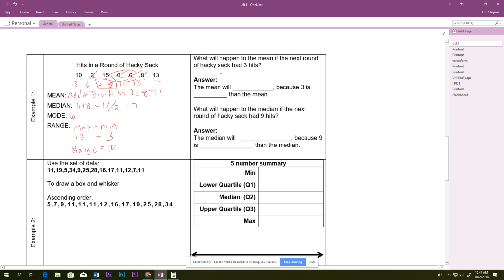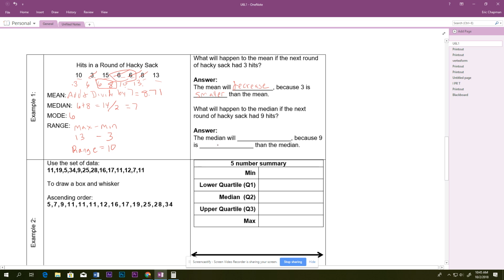Now let's answer these questions. What will happen to the mean if the next round of hacky sack had 3 hits? The mean will, let's see, if I add in a 3, 3 is smaller than my mean, so we are going to decrease because 3 is smaller